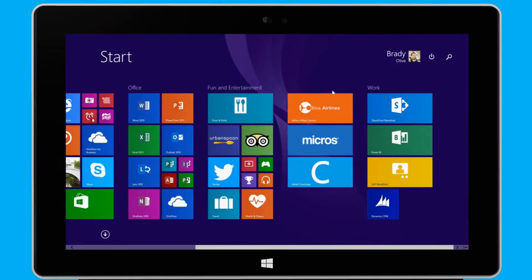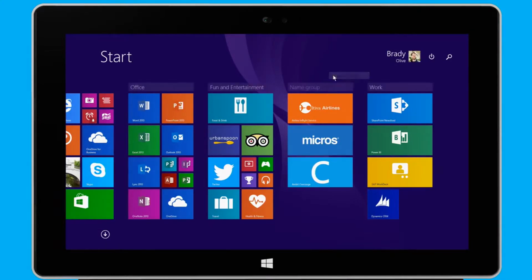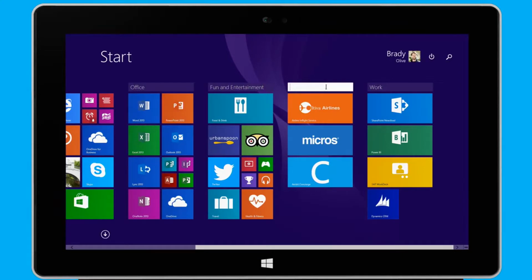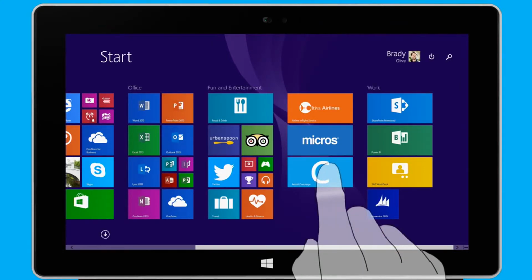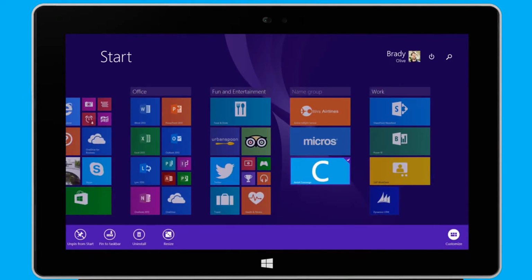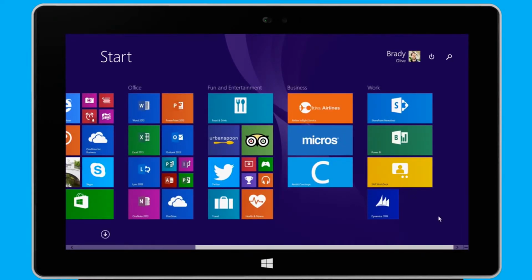To name this group, I right-click the Start screen. I click Name Groups, and then I click Name Group and start typing. Or with my touch device, I press and hold any app, tap Name Group, and then type the name for this group. If I want to move an entire group to a new location, I click the minus sign at